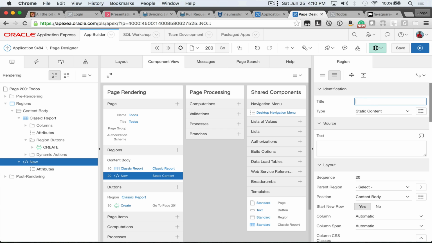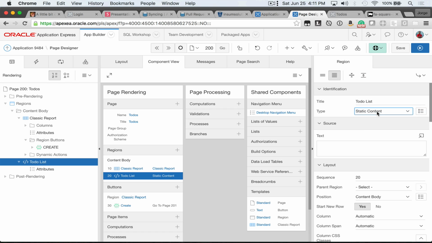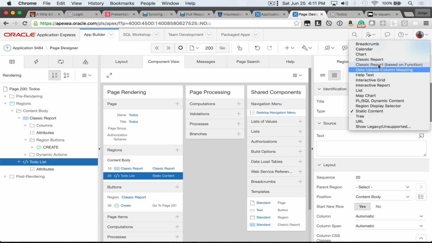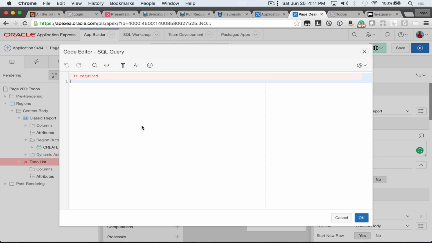This is going to be our to-do list, and it is, sorry, it's a classic report, right? And our query is going to be select ID, to do,